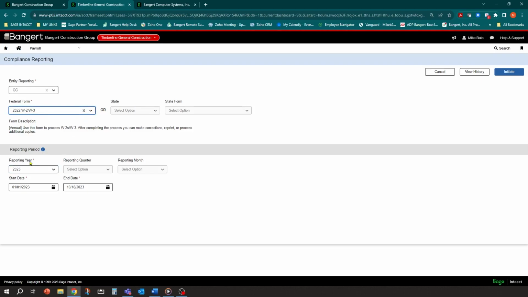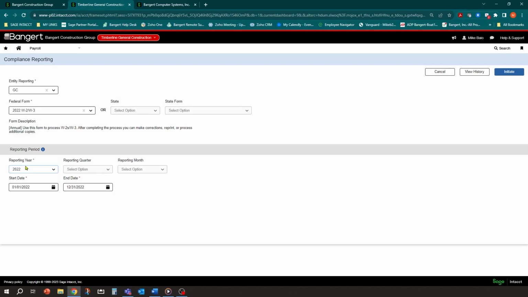Okay. And now the reporting year, normally if it was 2023, we're going to pick the 2023 reporting year. It will yell at us if we do that because this form isn't for 2023, it's for 2022. So we're going to go ahead and just pretend here and we'll select 2022. The system's going to automatically fill in the start and end date for you. And you don't have to fill out anything else because W-2s is annual. If the form was quarterly based, it's going to ask you to pick the quarter.